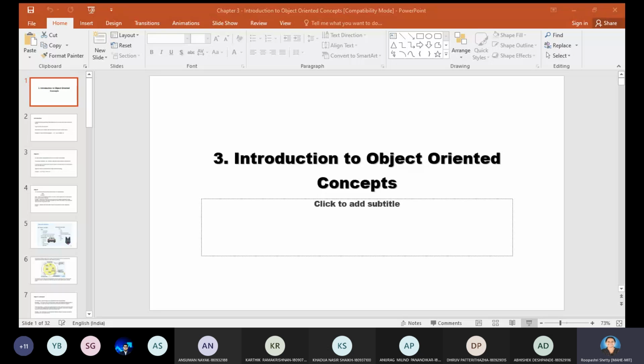Now you can see a diagram, which shows how the object will be. When you consider a software object, as I said, it's a combination or a bundle of